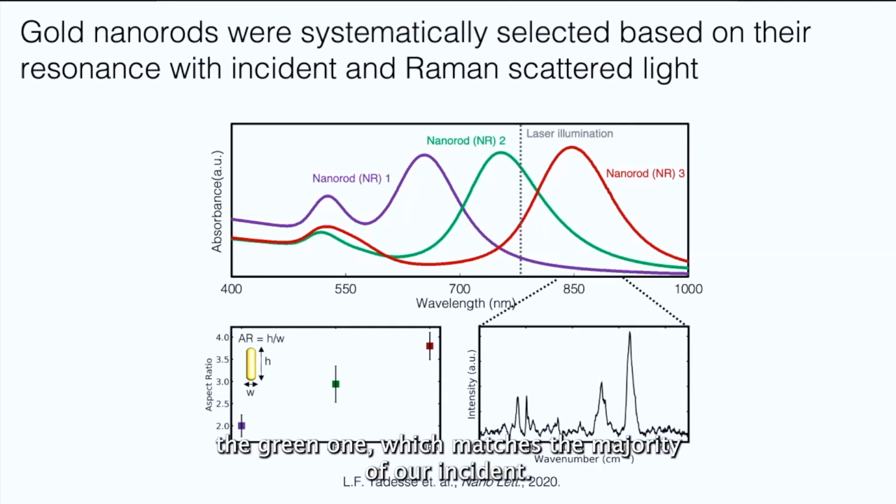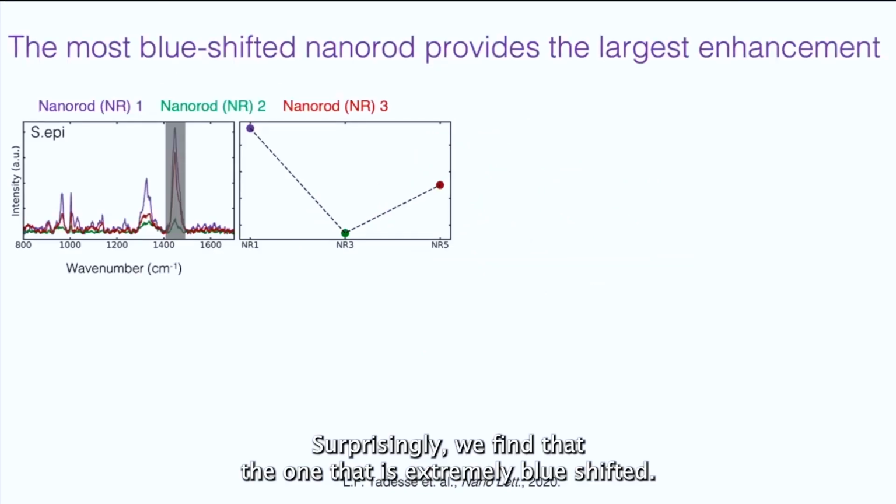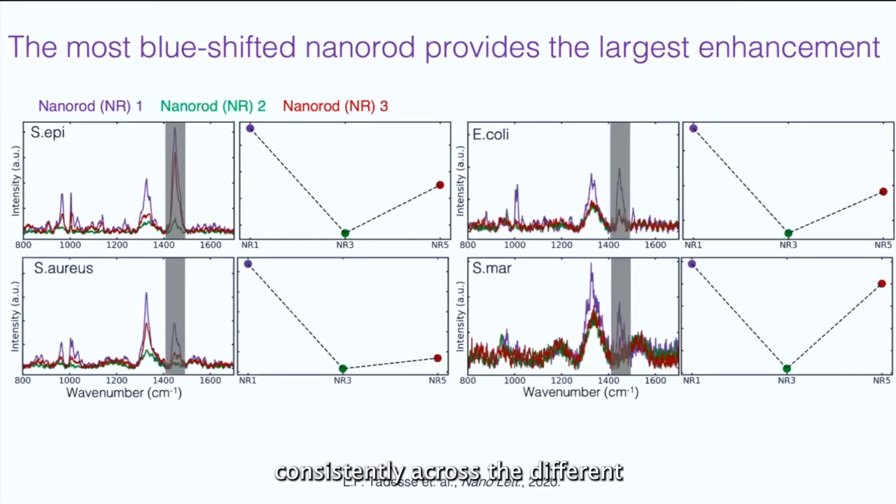The green one matches the majority of our incident laser light. And the purple one, which is far blue shifted, doesn't necessarily match the 2 regions of our interest. Surprisingly, we find that the one that is extremely blue shifted, the purple one, performs the best consistently across the different